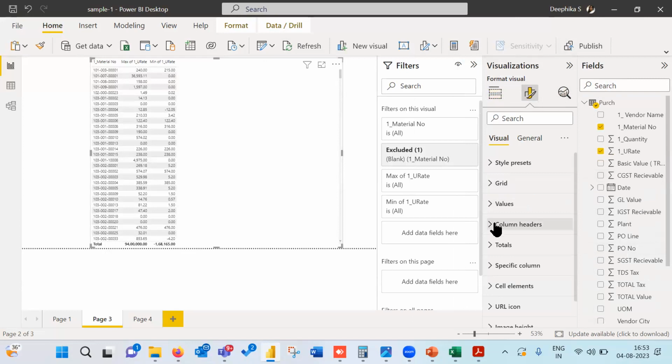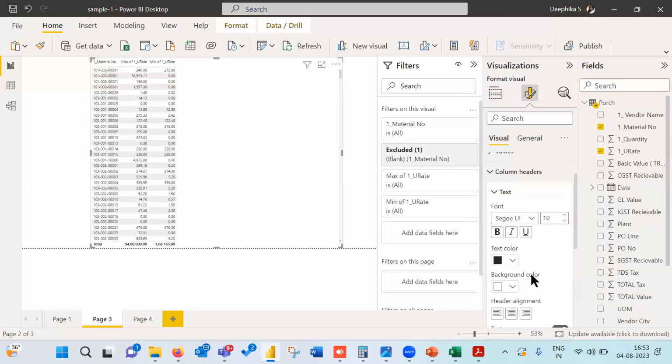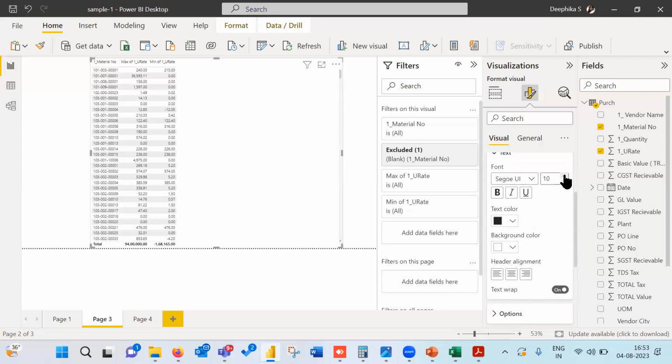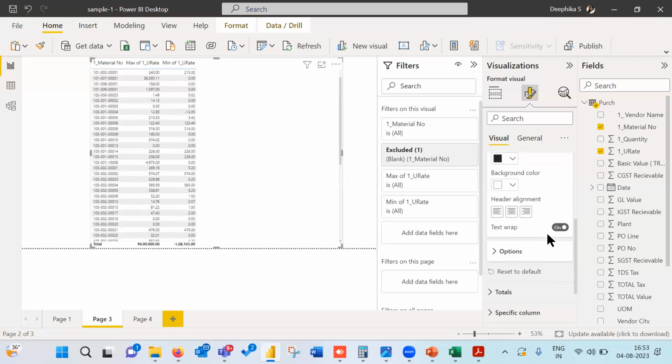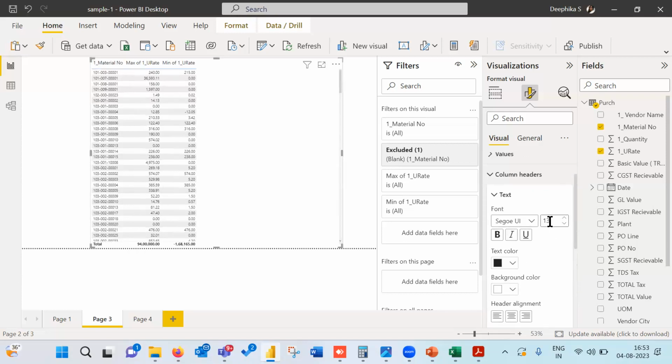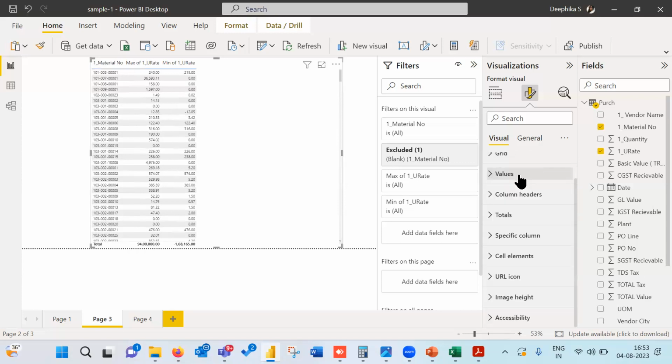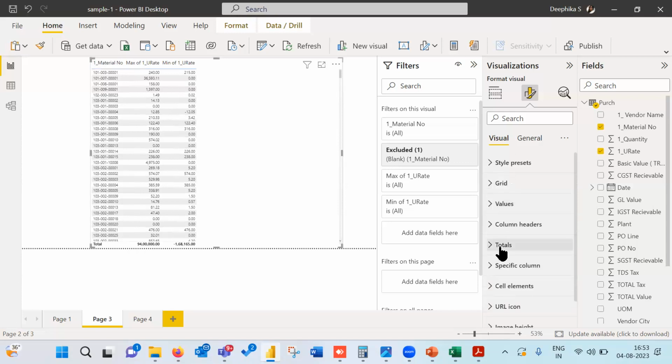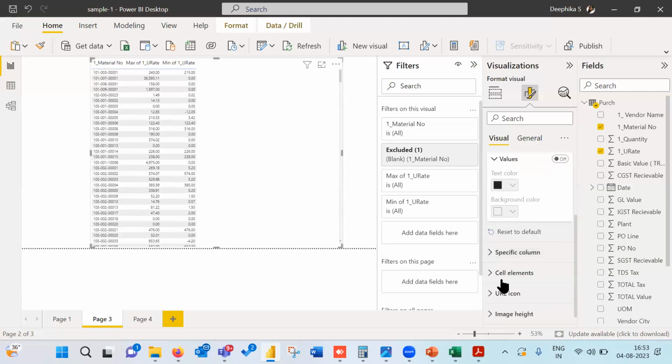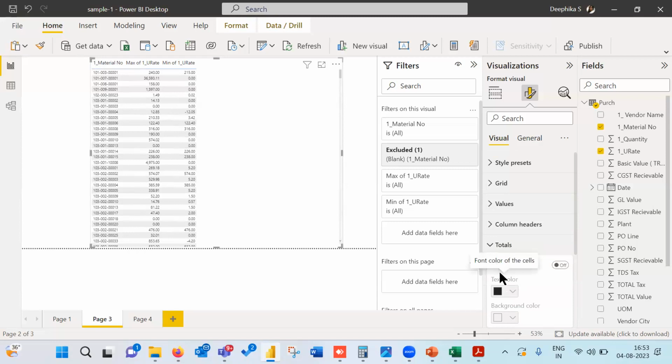And I want a header for this. So let's say I want to give a name. I want to make the header size a little bigger. And I want to give a column header. Okay, I changed the header totals. I don't want totals because for variance, totals are not relevant, right? I will switch off totals. Then I want, let's say, where is the header?